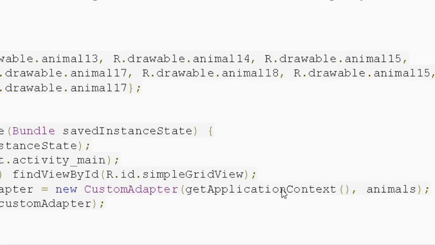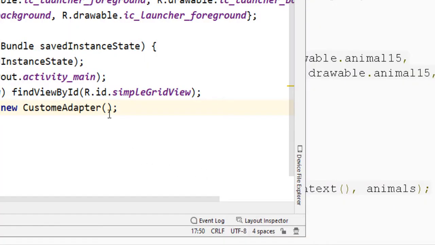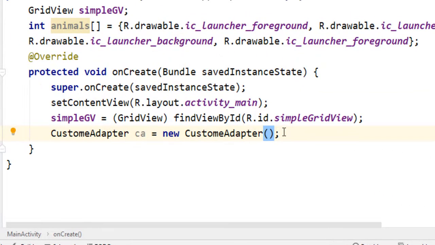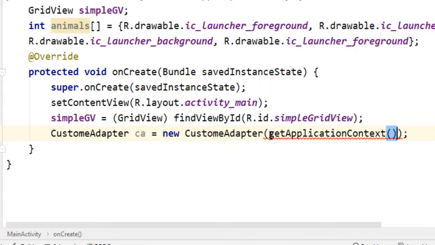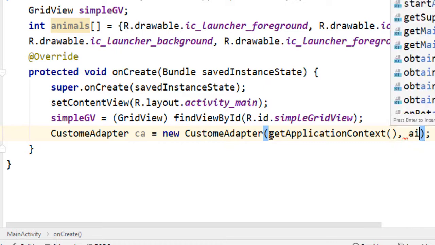The first parameter is called context, and the second parameter is called array. So let us define it. I am going to use context. I am placing here get application context as the parameter, and I am going to define the name of the array, which is called animals.